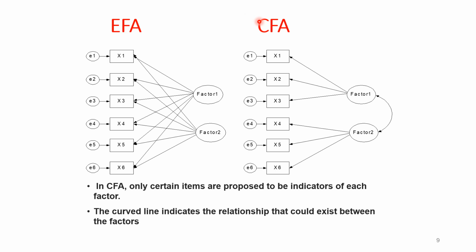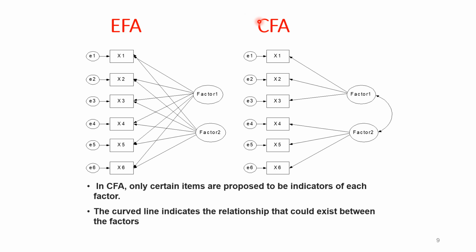So most of the people think that CFA and SEM are one and the same thing, but that is incorrect. CFA is completely different from structural equation modeling. In structural equation modeling, we are trying to analyze the cause and effect relationships, in layman's terms. We are trying to predict something. So there the variables are, in simple terms, independent and dependent variables and some intervening variables. Whereas in EFA and CFA, you don't have these kinds of things. Here, what we are trying to do is look at the structure